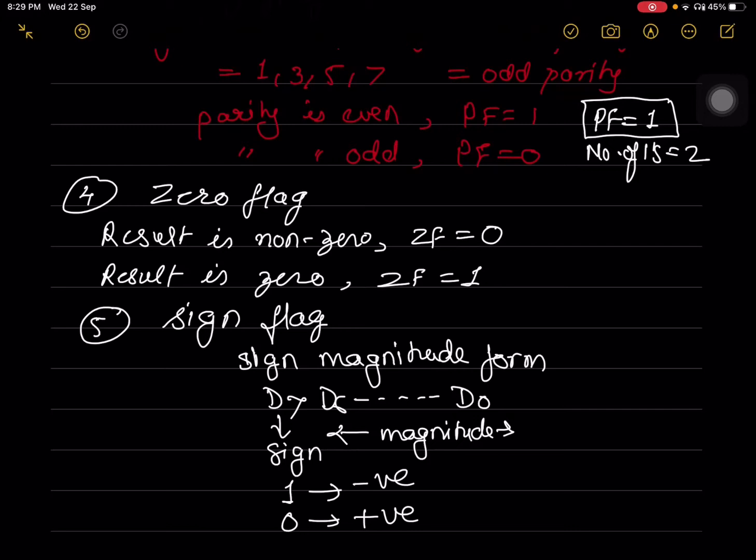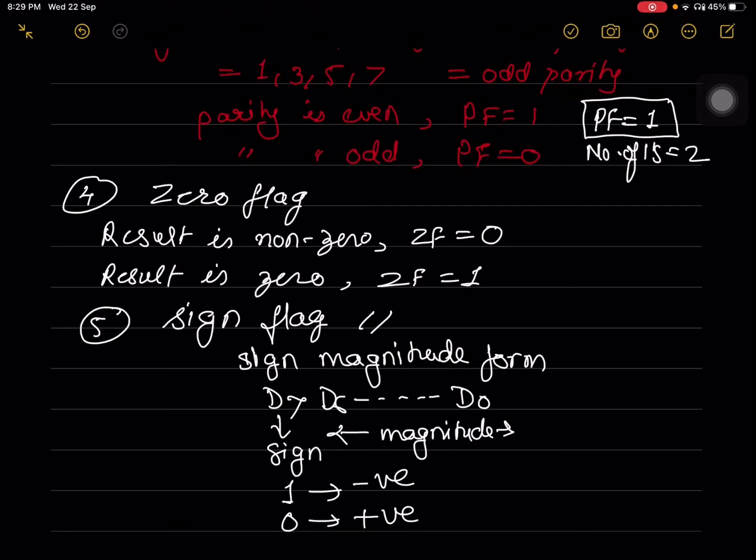Whenever processor is performing operation on the signed numbers, the sign flag should be considered by the user. For unsigned numbers, the sign flag has no significance, although sign flag will copy the status even if we are performing unsigned operation or even if we are performing the signed operation.